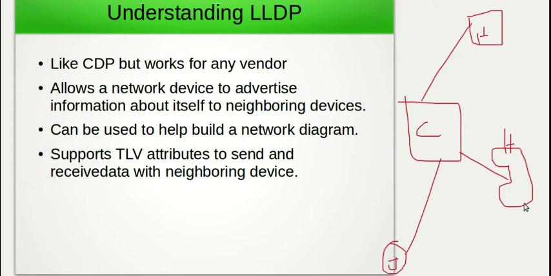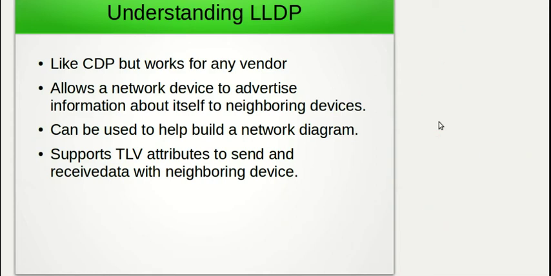which is an advantage of LLDP. Unlike CDP, LLDP supports what's known as TLV attributes to send and receive data with the neighboring device. TLV attributes just describe information about the device itself. So in this case, when this Cisco device is sending information about itself to this HP router, it will list information about itself in TLV attributes. So its device name, its IP address, its interface number, its interface description, all that's listed as TLV attributes